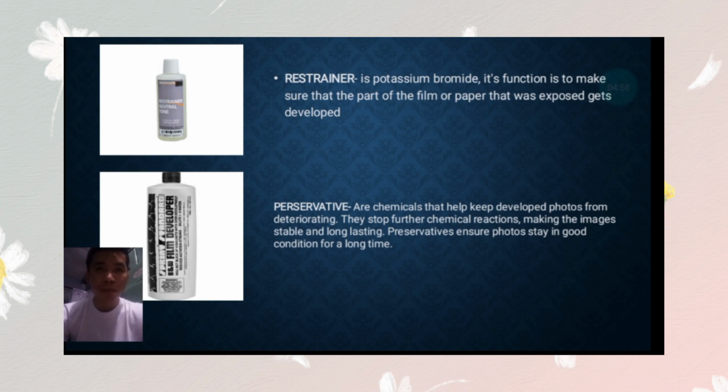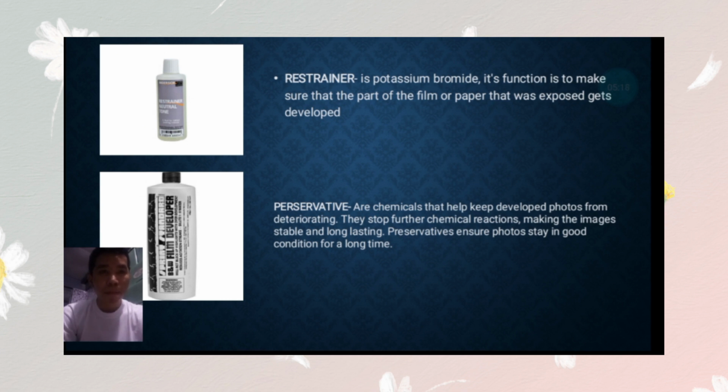So bago nimo na siya i-develop katong ngit-ngit na part sa picture, butangan to nimo siya og restrainer para pag-develop nimo katong dark side lang sa isa ka picture, mao lang to siya ma-develop para mapantay nimo ang isa ka picture. So mao na si restrainer,